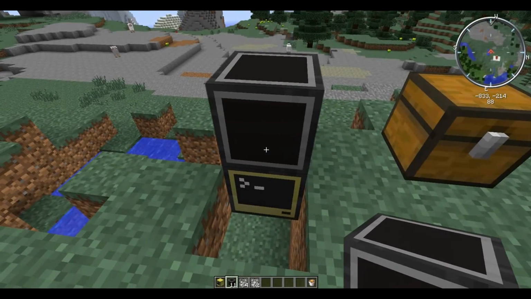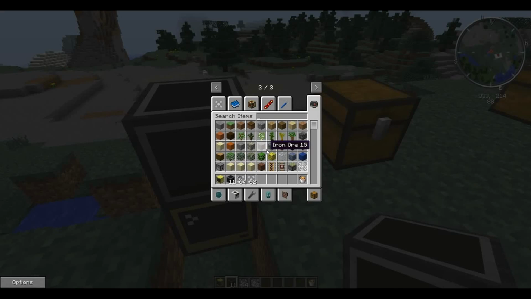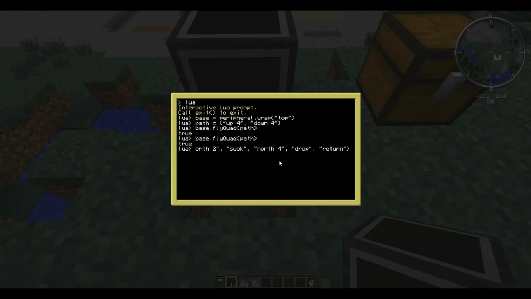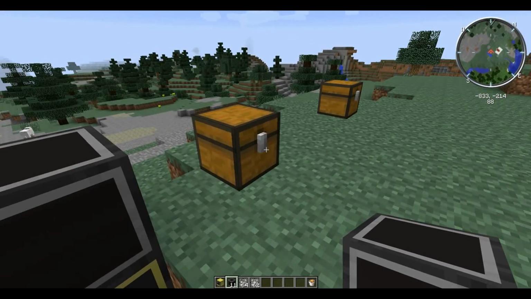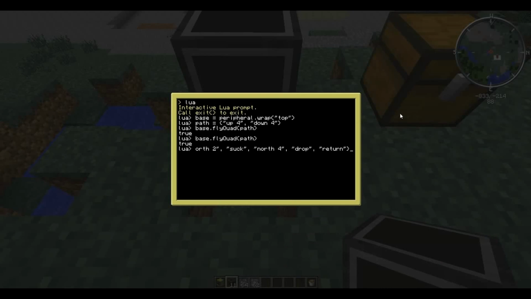It'll just retrace its steps and come back. And it also won't perform any of these drop or suck actions when it returns. All it will do is just use its directional stuff to find its way back home. Very cool. So let's